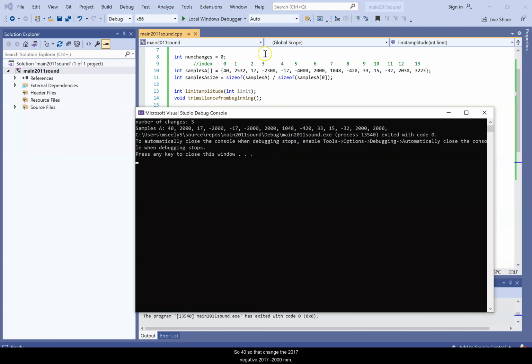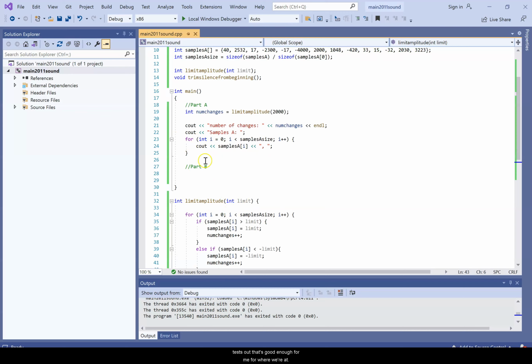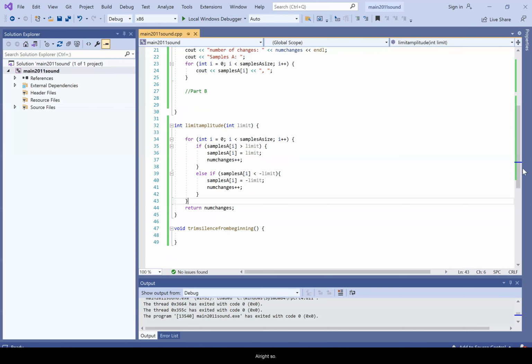So 42 changed to 2000, 17, negative 2000, 17, negative 2000, 2000. Okay, so that looks good. So it looks like samples A got changed, and the number of changes was 5. So that tests out. That's good enough for me for where we're at. All right, so